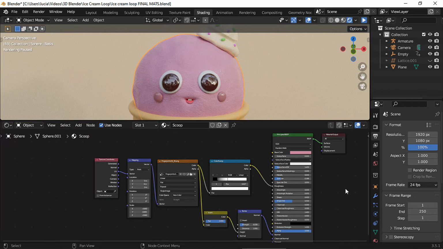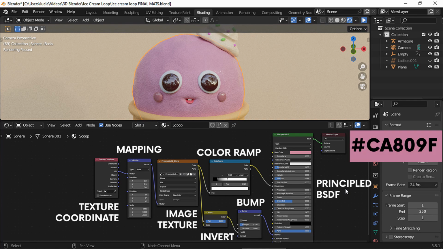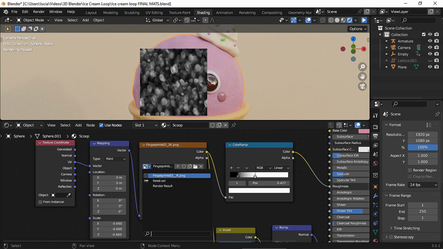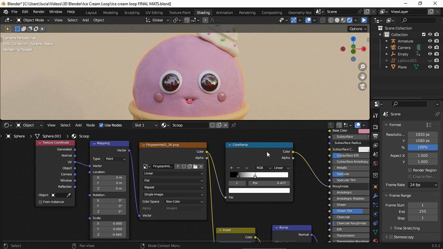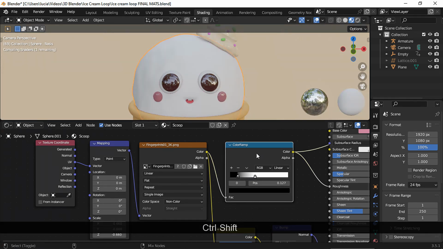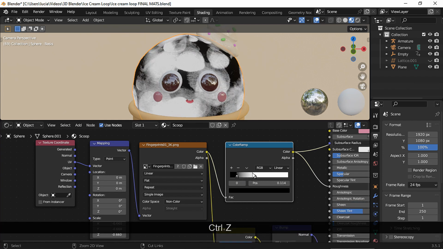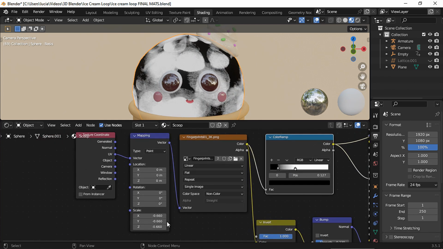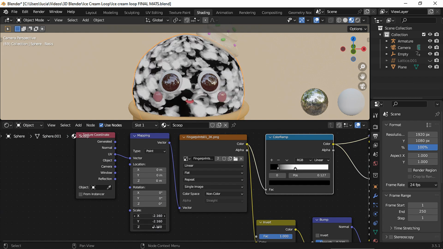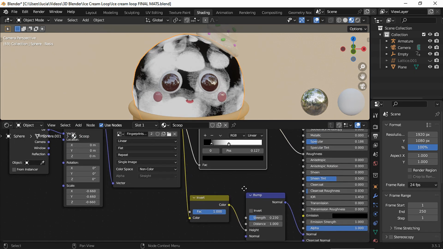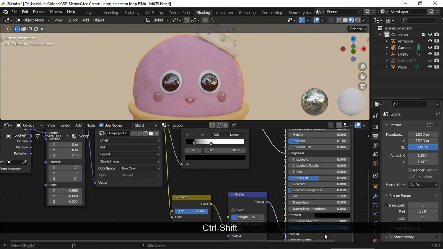And to finish up the plasticine shader, I used all these nodes for both the scoop of ice cream and the cream. I used a fingerprint image texture, link in the description. These are my color ramp values to control the roughness. Let's connect the viewer node so you can see it. And of course, you can choose what looks better for you. Choose the mapping size according to how big or small you want the fingerprints to be. And the bigger the number in the bump node, the more notorious the fingerprints are going to be.